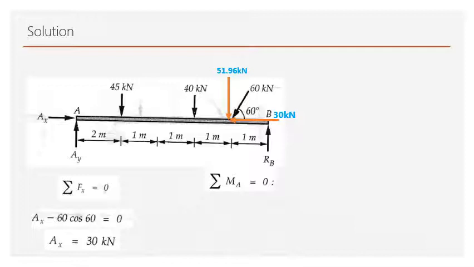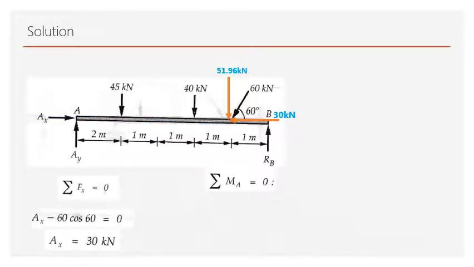The horizontal component does not produce any moment as it passes through the moment center, isn't it? If we extend the line of action of this horizontal force, it passes through the moment center. So it does not produce any moment,